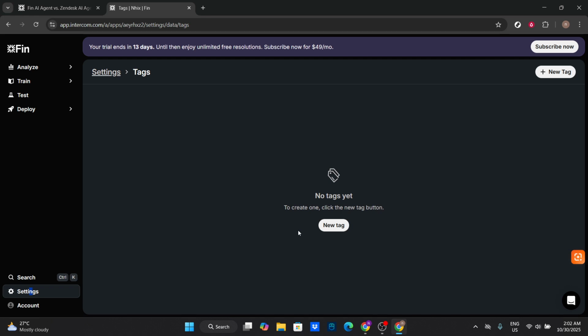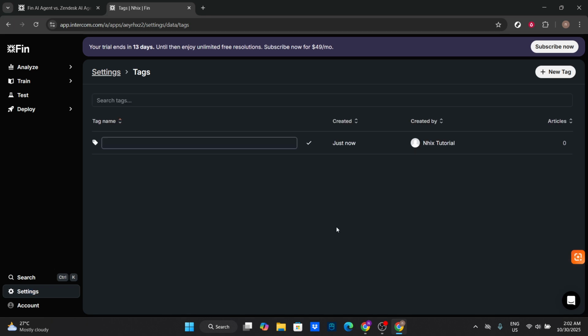Now that you're in the tag section, look for a button that says New Tag. This button is usually prominent and easy to spot once you're in the right menu. Clicking on New Tag is your next step towards creating a customized label that fits your requirements. By clicking it, you're directing Zendesk to prepare a new blank tag entry for you to fill out. With the new tag entry open, you're now ready to create your tag. At this point, you have the freedom to choose a label that